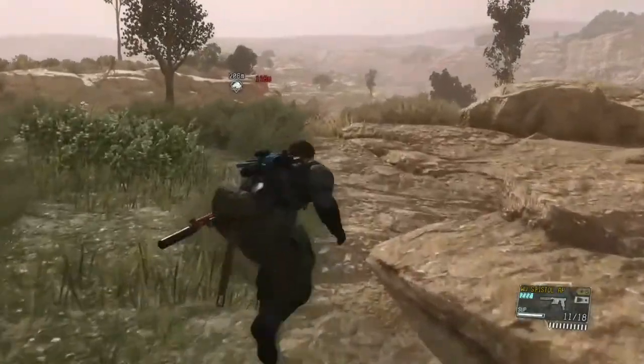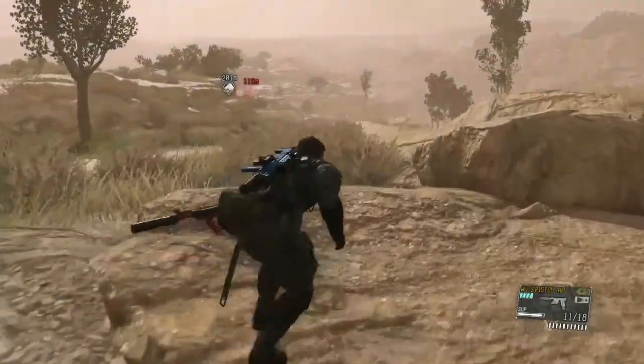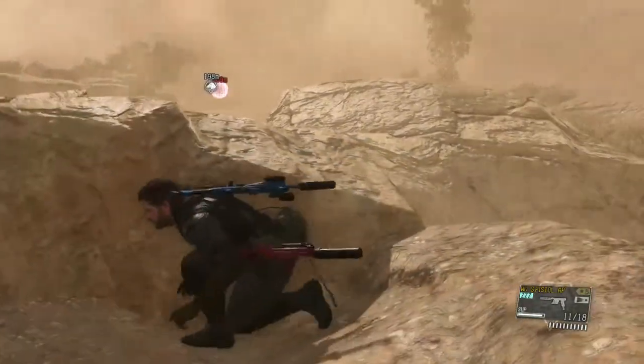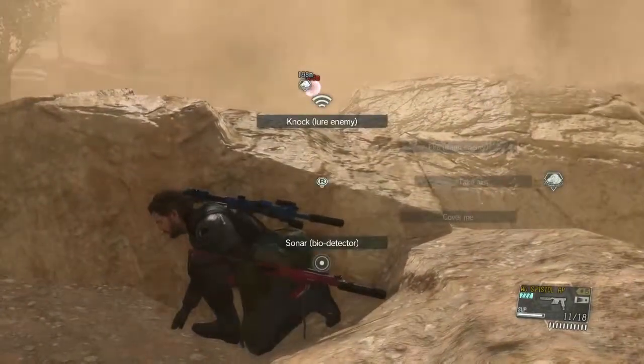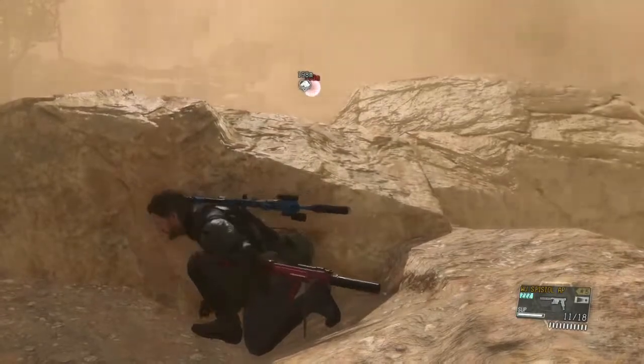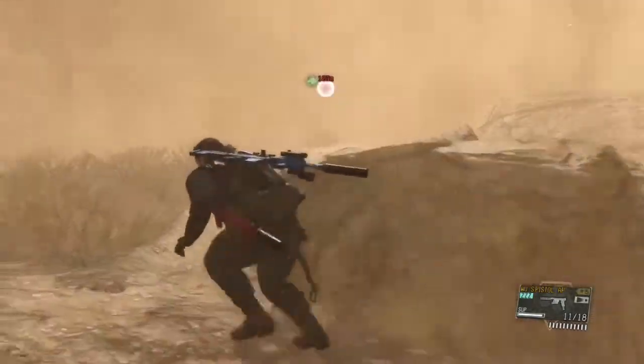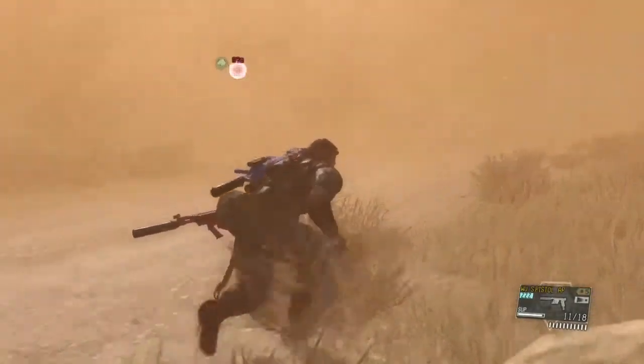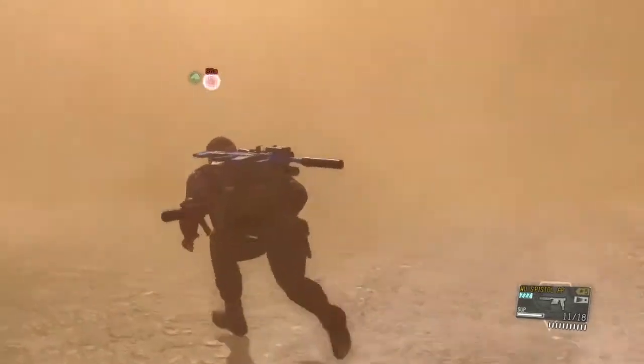Now these units can be large, they can be small, you know, a couple of troops. Sandstorms will obscure enemy troop view, so you can use them to sneak. They're not perfect though. I mean, you can still be seen, they're not stealth camouflage, which,